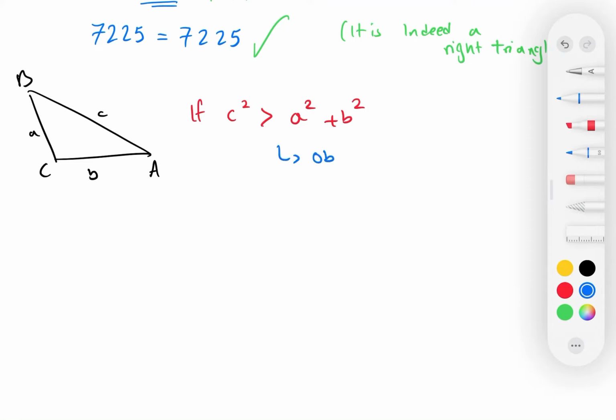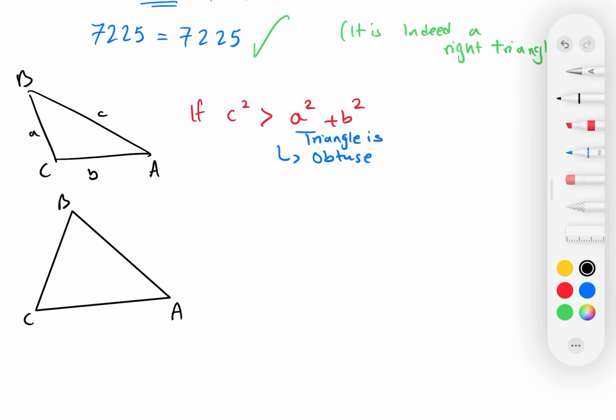So you have an obtuse triangle. Triangle is obtuse. And if your triangle, essentially the addition of the two other legs, are bigger, for example, let's say the triangle looks a bit like this. That didn't come out so good. Let me just, something like this, where this is A, C, B, this is C, this is A, and this is B. If the addition of the two smaller legs are greater than the hypotenuse, then your triangle is actually acute. So the triangle